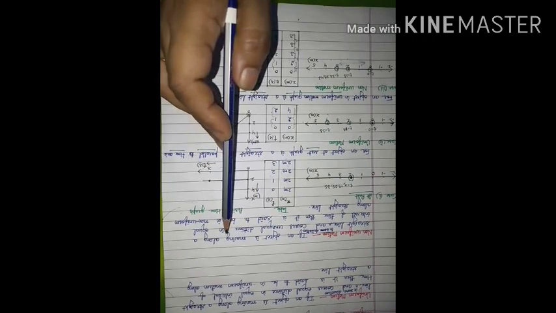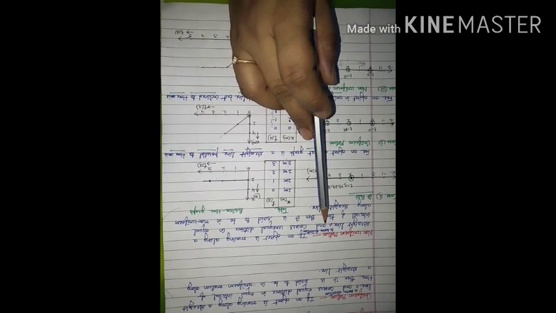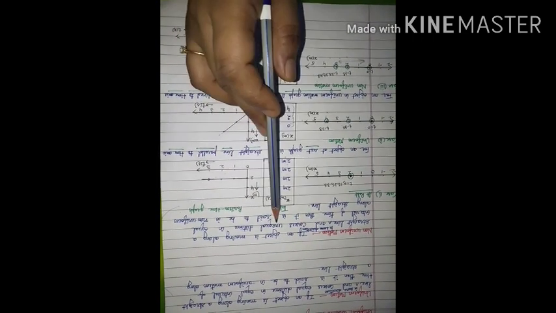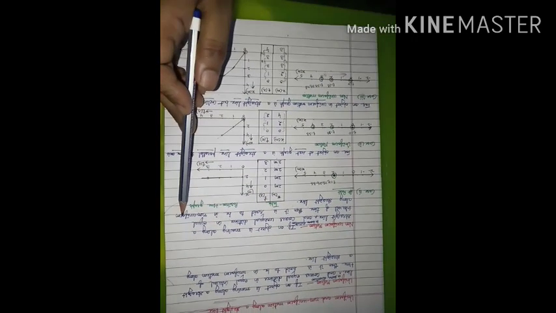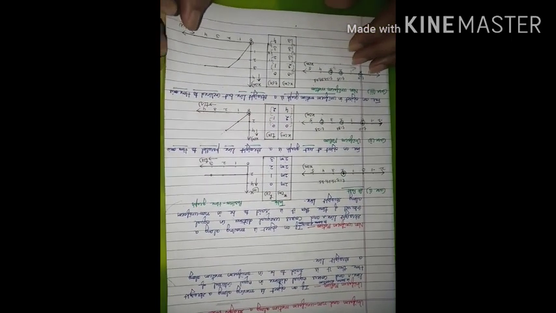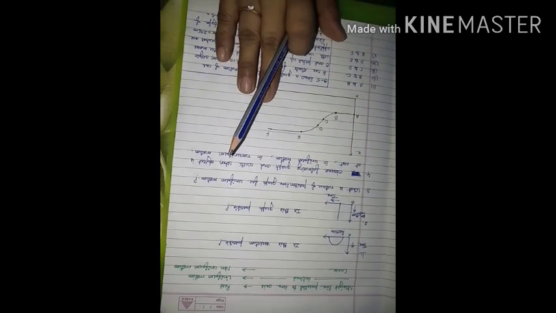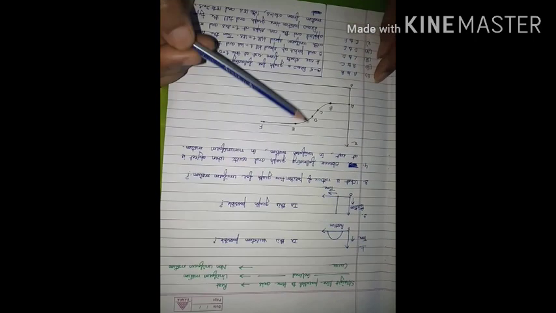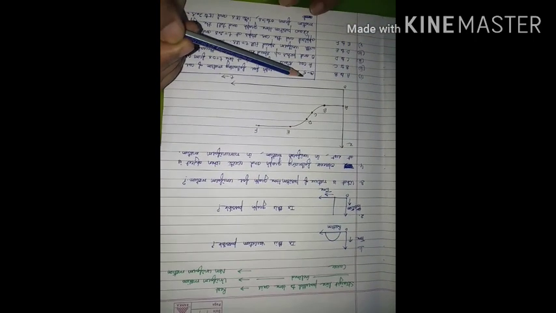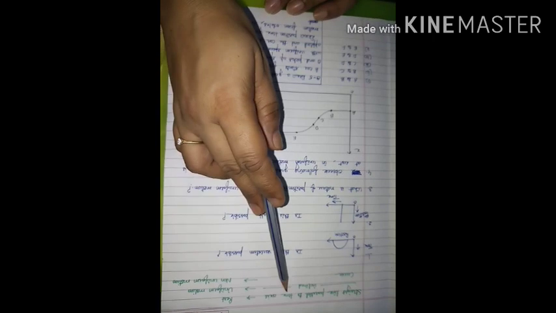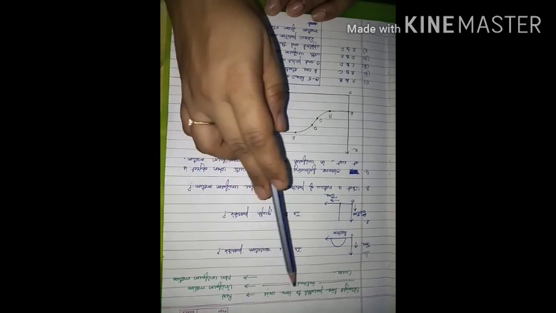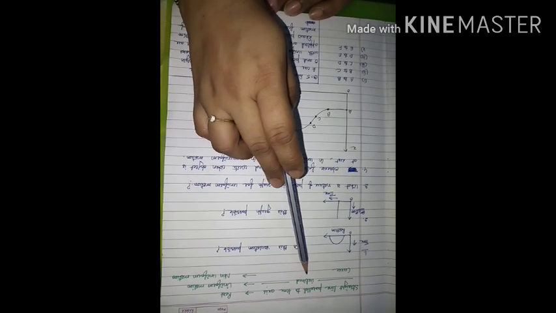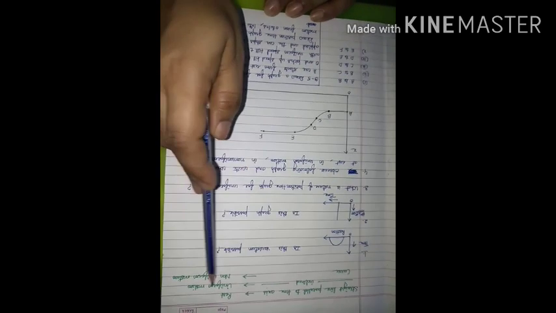Non-uniform motion: if an object is moving along a straight line in the same direction but covers unequal distance in equal intervals of time, then it is said to be in non-uniform motion. So related to all these things, I am going to share a few questions with you, which you can try. In these questions, keep in mind that if you get a straight line parallel to the time axis, the object will be at the state of rest. If the straight line is inclined to the time axis, it is uniform motion.